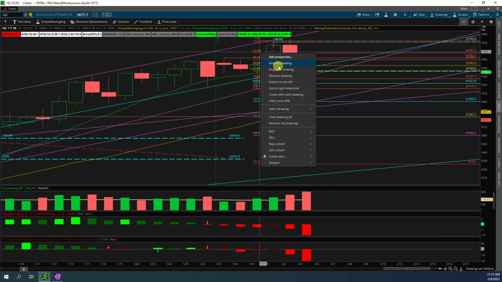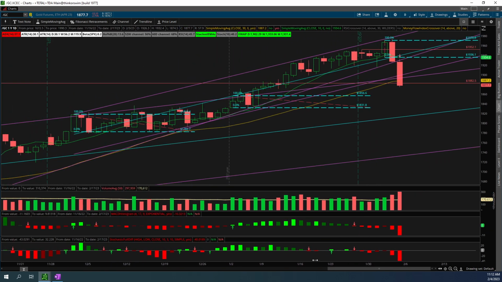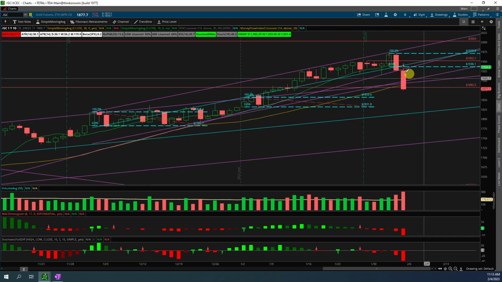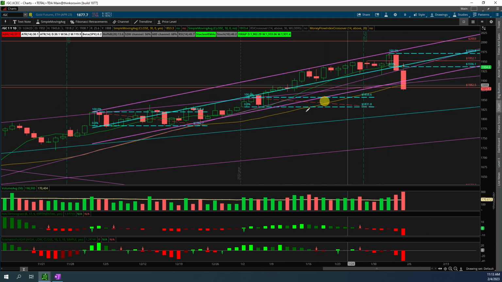It's a little bit busy, so I'm gonna delete this. Remove that drawing there, which is a Fibonacci level, and then you see I painted here the opening range of the first day here. Now we broke below and then moved down with force,